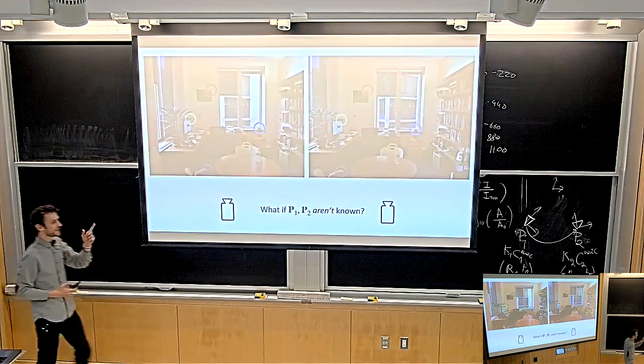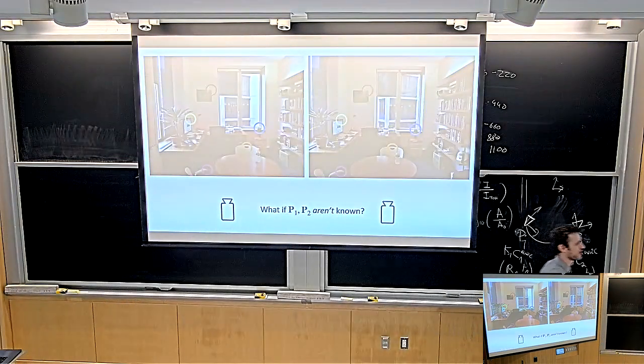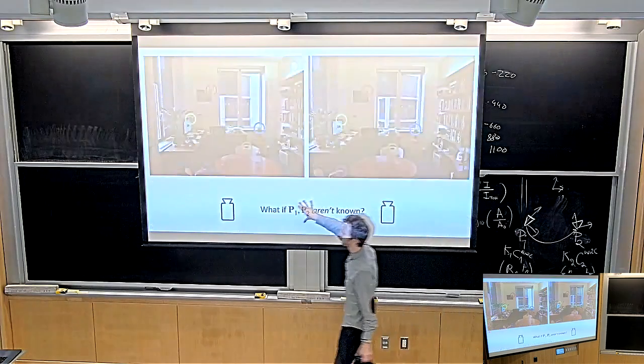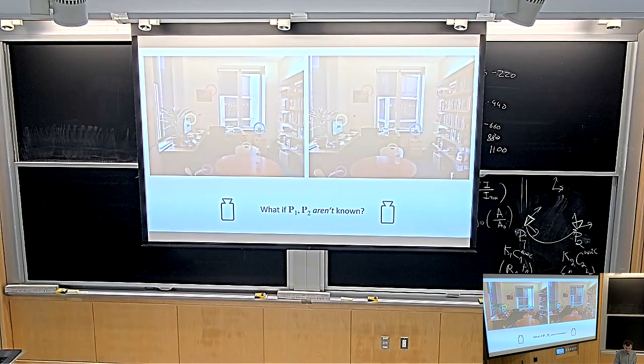Good. So this always works. It has some benefits. But we didn't derive the fundamental matrix for nothing, because now we're going to solve the problem of the camera poses not being known. You know neither P1 nor P2, and now you want to compute the camera poses. This is now starting to get fairly difficult. Up until now, this is all easy. Now it starts becoming a little bit involved, and it's kind of fun. So now we're going to briefly talk about point correspondences. In fact, we're not talking much about this because I don't think there's all that much to talk about.